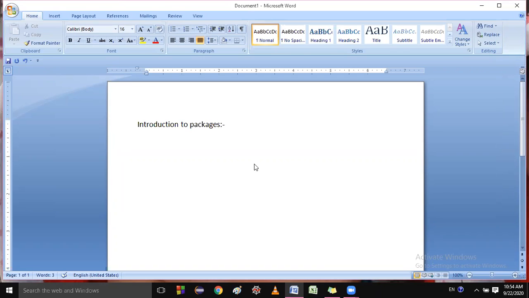You don't know what interfaces are yet, so do not go deeply into them. Interfaces are just like classes, but there are some differences. We will discuss it later. So packages are directories which contain similar types of classes and interfaces.